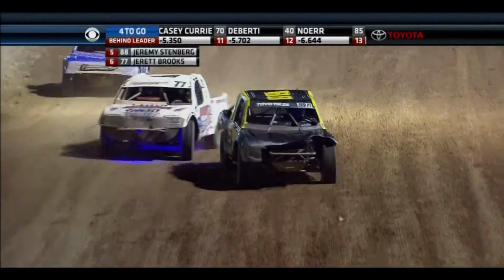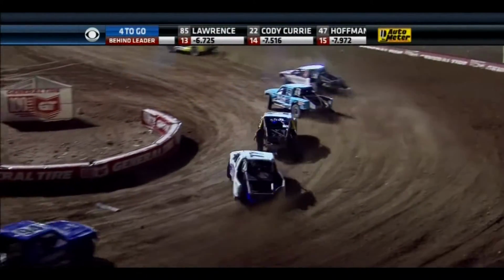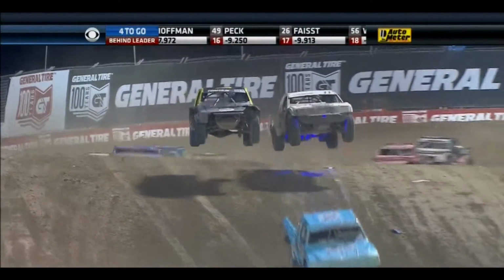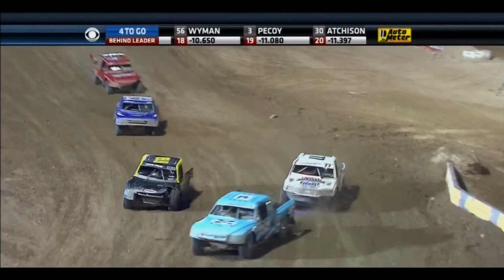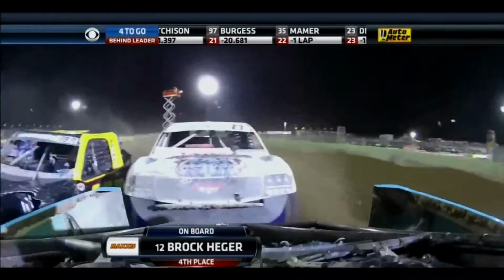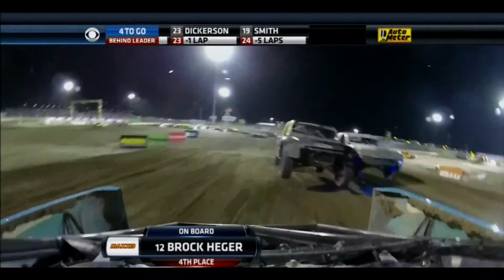Taking a look a little further back, the Toyo Tires number 88, that is Jeremy Twitch Stenberg of Freestyle Motocross fame. And if you remember a little bit earlier in the race, Twitch was actually behind both Jared Brooks and RJ Anderson. Well, there's no denying that Stenberg has oodles of talent, no matter what he puts his head into. So I would expect he's going to be able to really get a hold of the off-road racing thing as well. And, oh, that was...